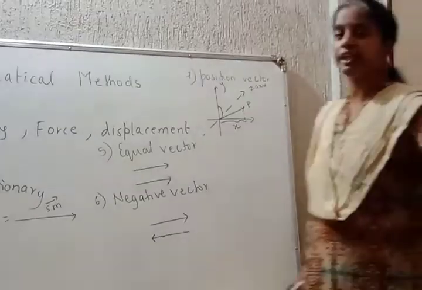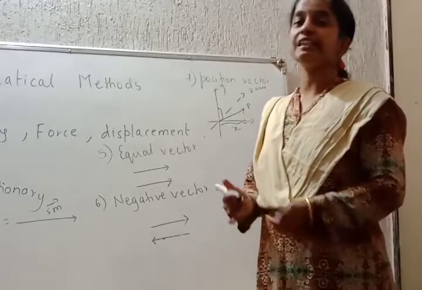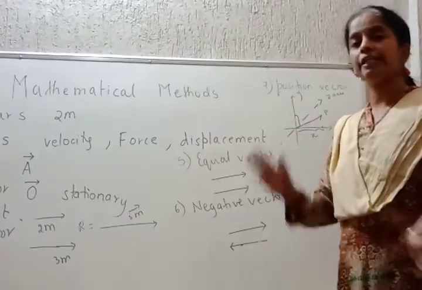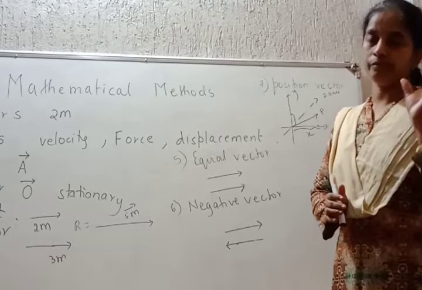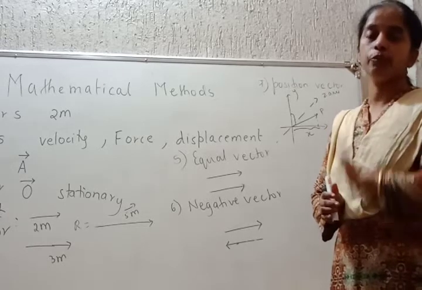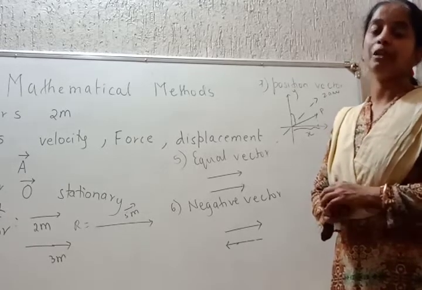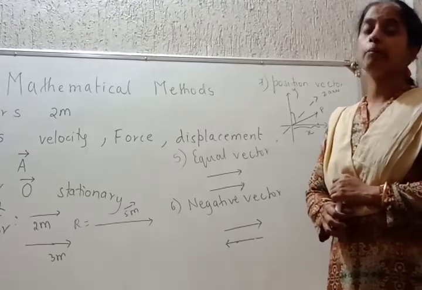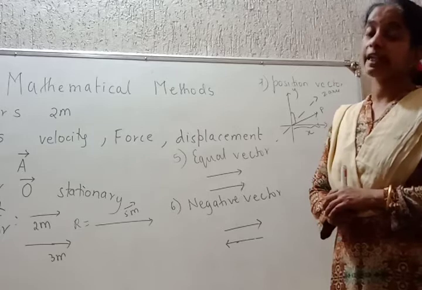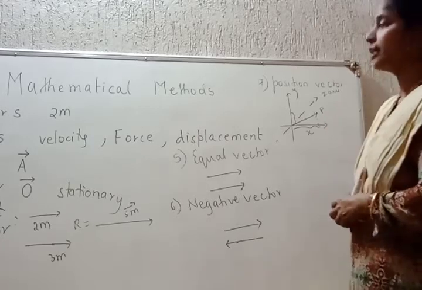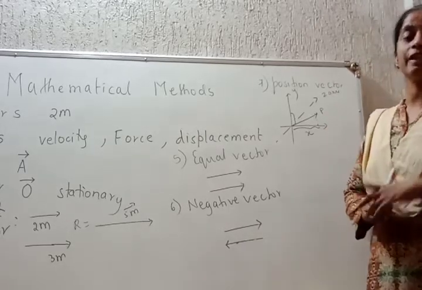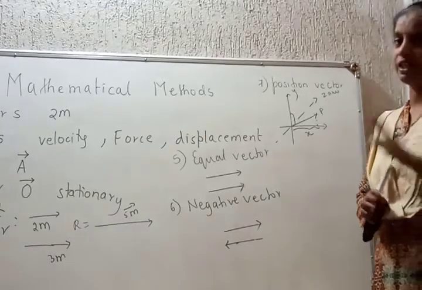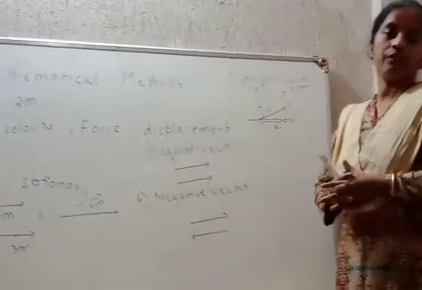So how many we have studied here? Scalars are the quantities which require only magnitude. They have a simple magnitude and a unit. They can be operated by using simple rules of algebra. Vectors cannot be completely defined by their magnitude. They require even direction as well. Zero vector is a vector with zero magnitude but having a direction. Like velocity of a stationary body is 0.